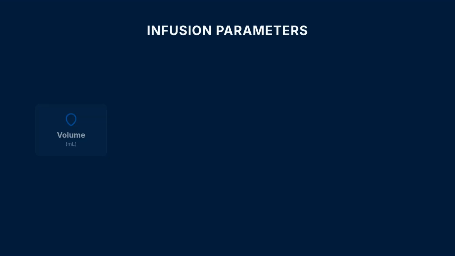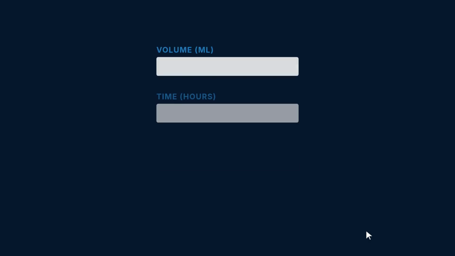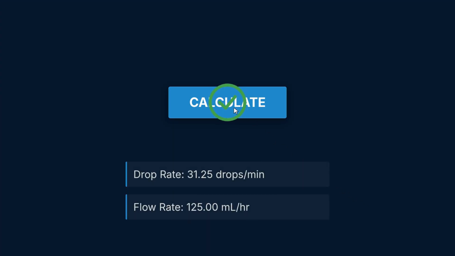The input fields are volume in ml, time in hours, drop factor in drops per ml, drop rate in drops per min, and flow rate in ml per HR. Let's work through an example. I'll enter 1000 for volume in ml, 8 for time in hours, and 15 for drop factor in drops per ml. After clicking calculate, the outputs show a drop rate of 31.25 drops per min and a flow rate of